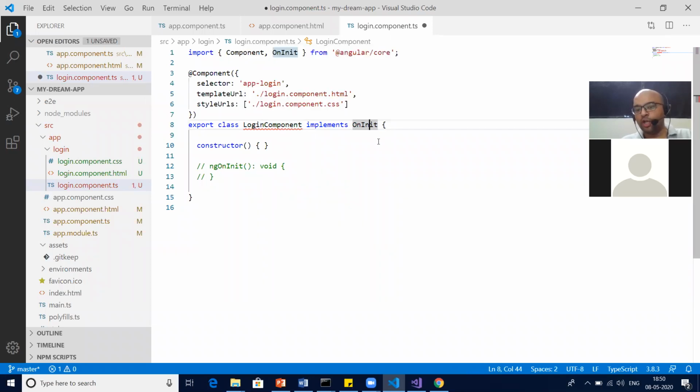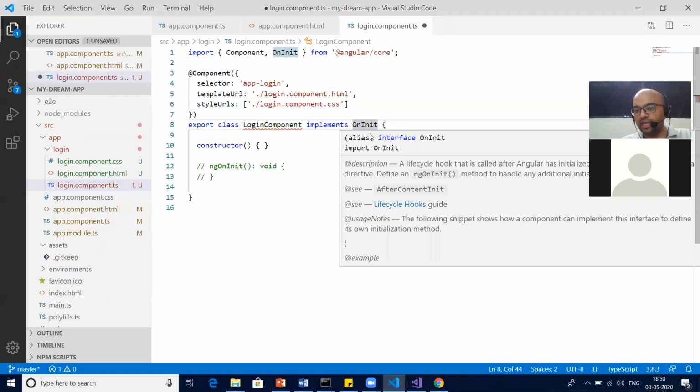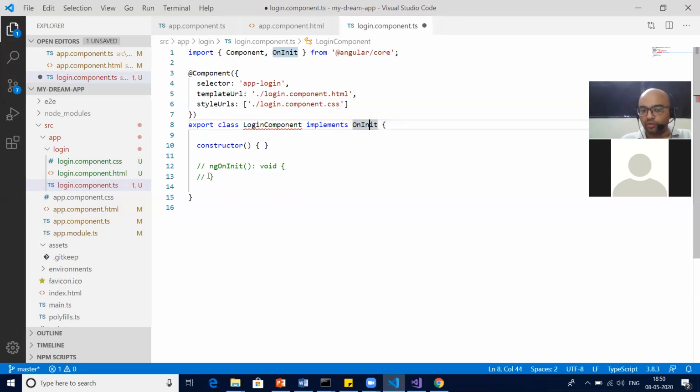What it's saying is you have implemented from the interface OnInit, but you have not given a body to its method. So you have to provide a body to its method, correct?